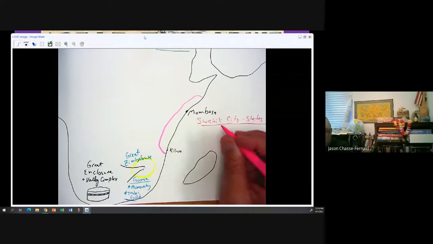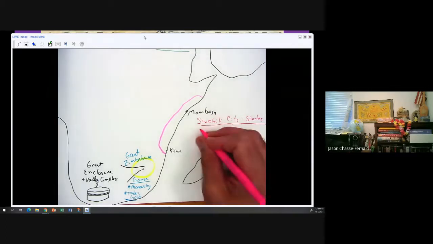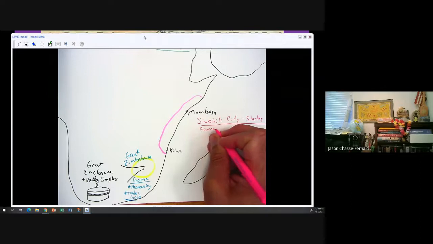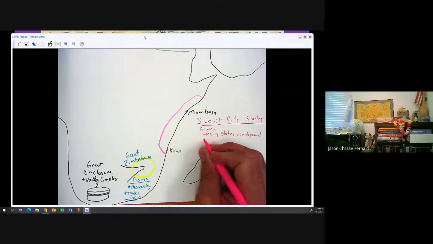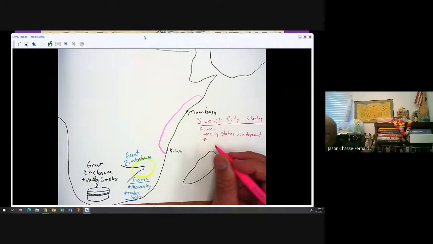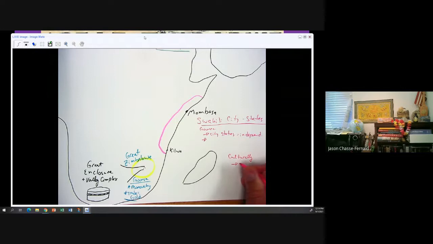When it comes to governance, these are city-states, as the name implies. So what does that mean? These are independent politically. And culturally, let's put this down here, because culturally we are talking about a unified